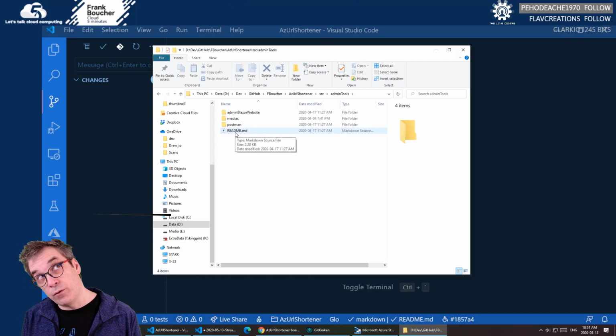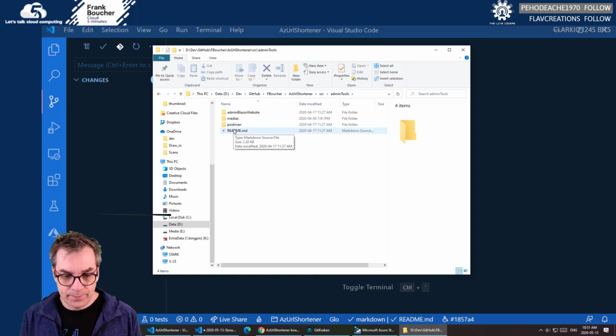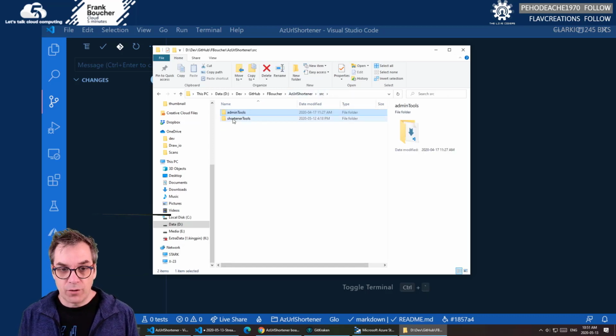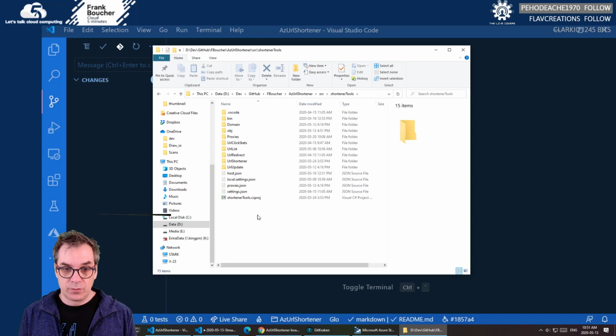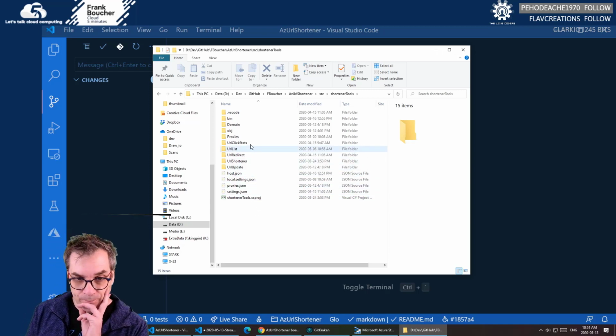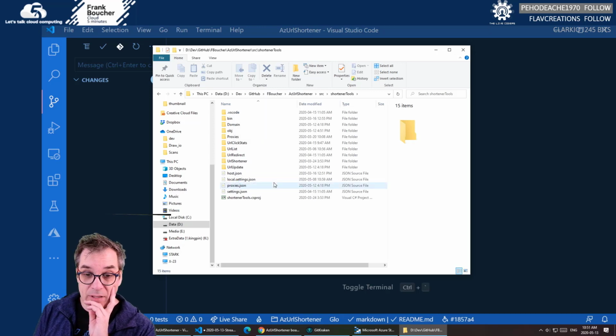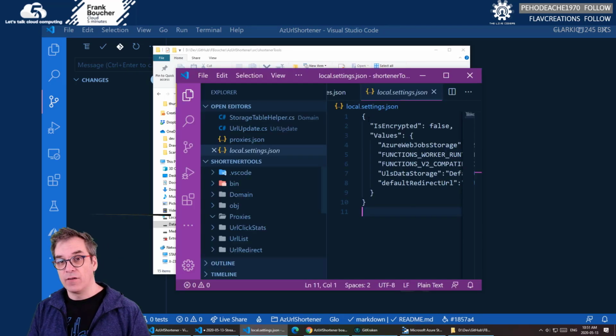Is it true? No, first we need to do it in our backend, right? So we want to go in source of our shortener tool. In our Azure function, we want to add the capability of Azure function to have a title.